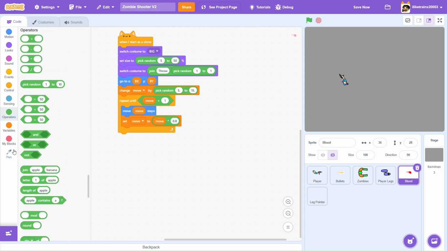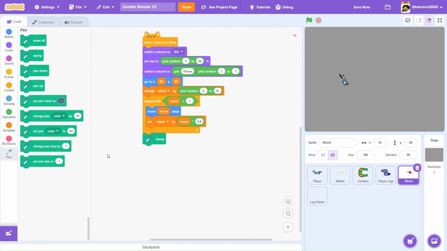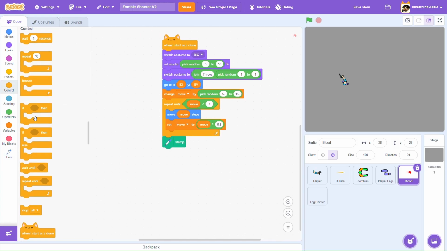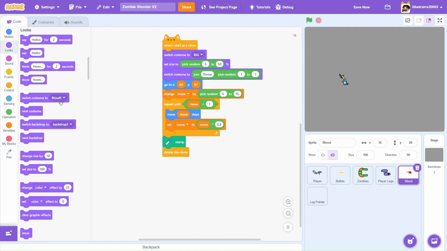Then go to the pen. Oh yeah, you got the pen instruction, by the way, and then stamp and delete this clone. Alright, and right before stamp, copy this, change this to blood, and same reason,